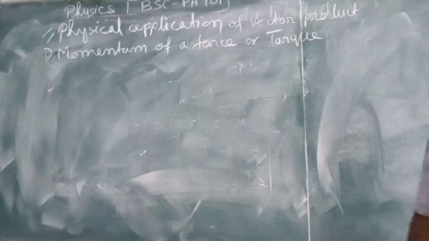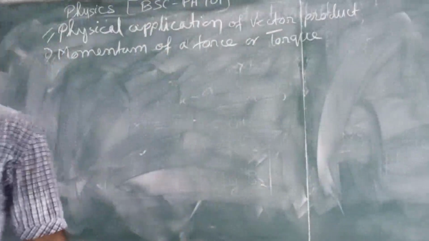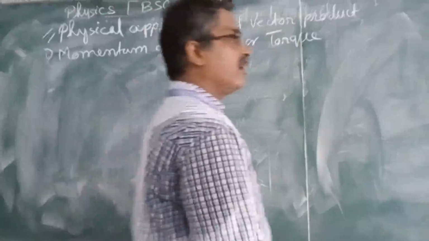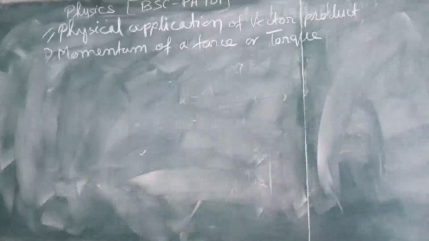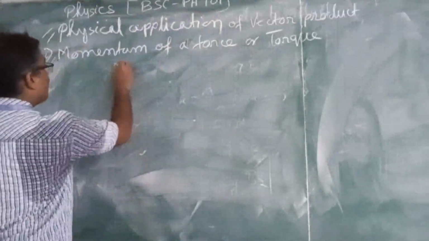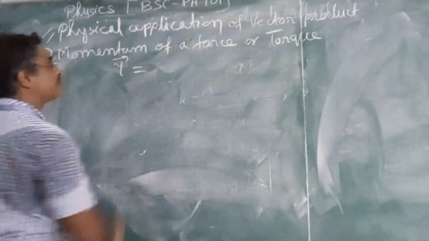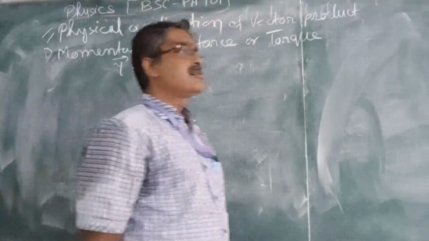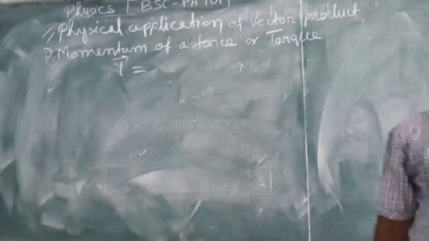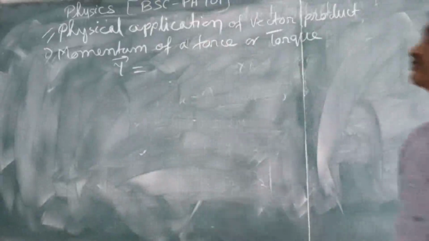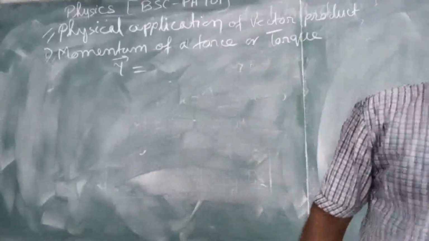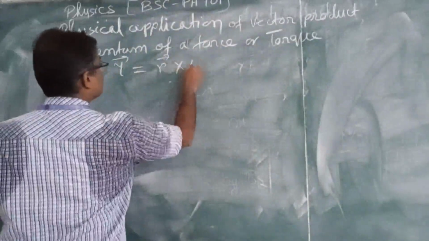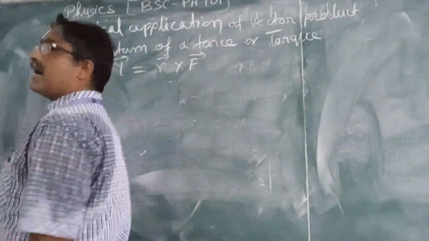Moment of a force about a fixed point is written as tau equals R cross F. What is R? R is the perpendicular